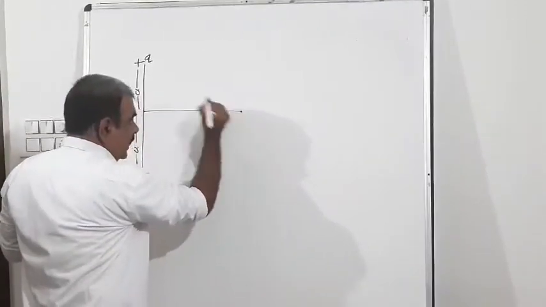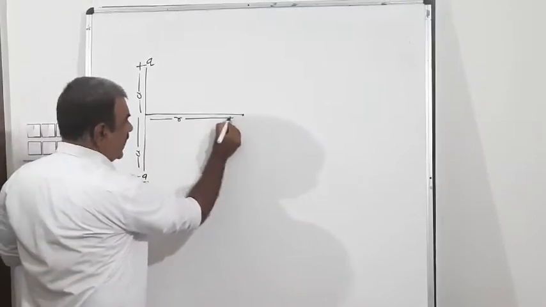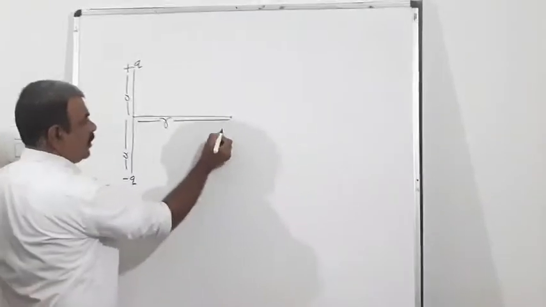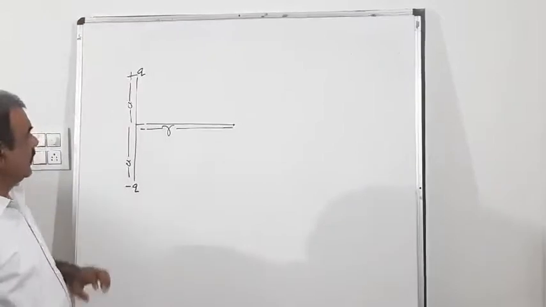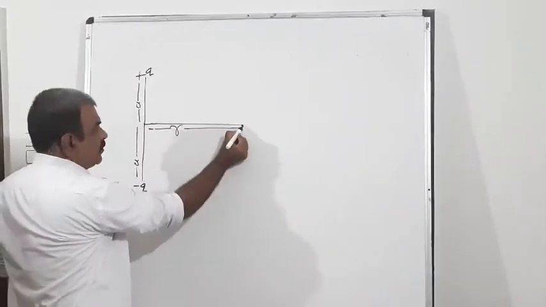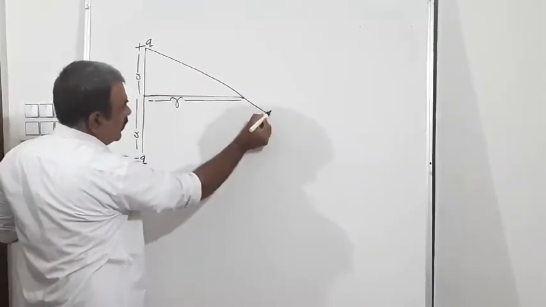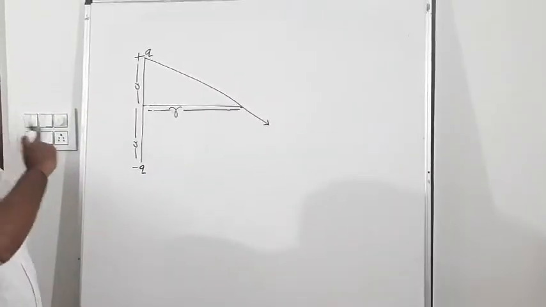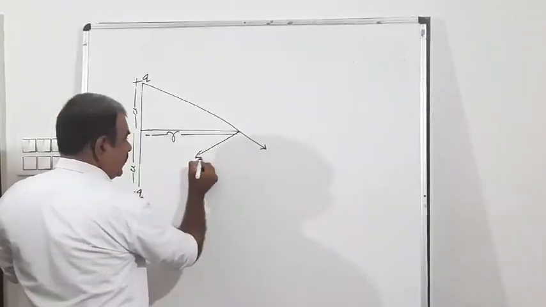Again, I want to find out electrical field at any point which is at distance r from the center of dipole. But this time on equatorial line. Previous was axial line. Now, electrical field intensity at this point due to plus Q charge, then I should draw the vector in this way. How? Electrical field intensity vector due to positive charge is away from the charge, and due to negative charge should be in this way, that is towards the charge.